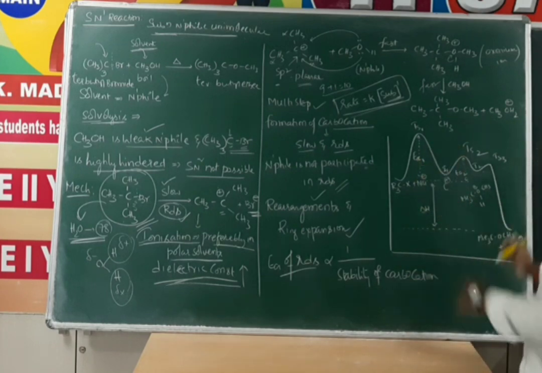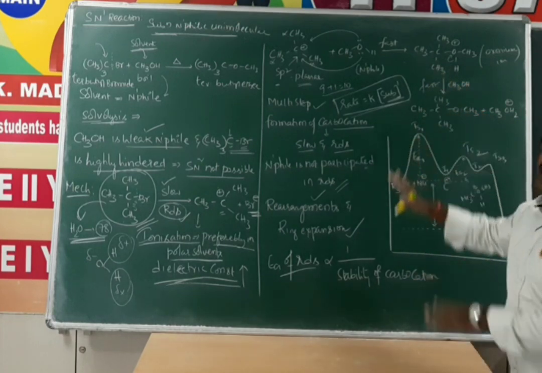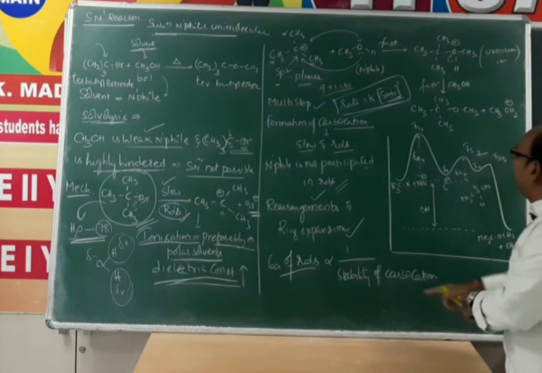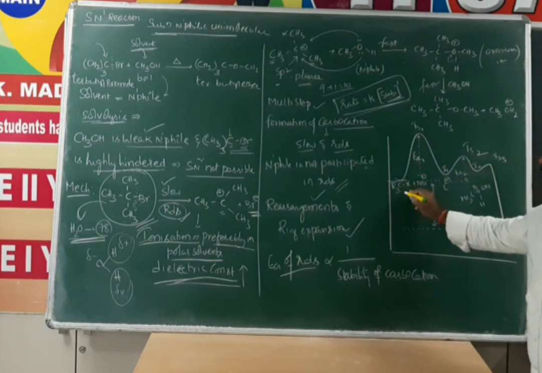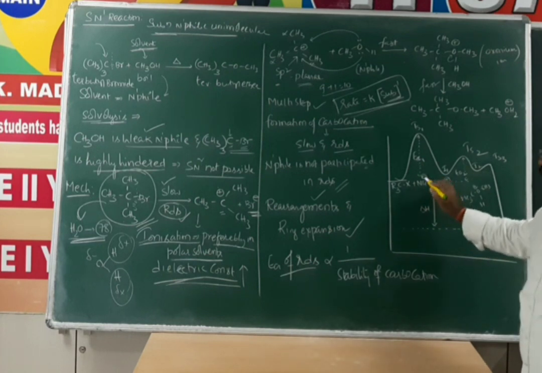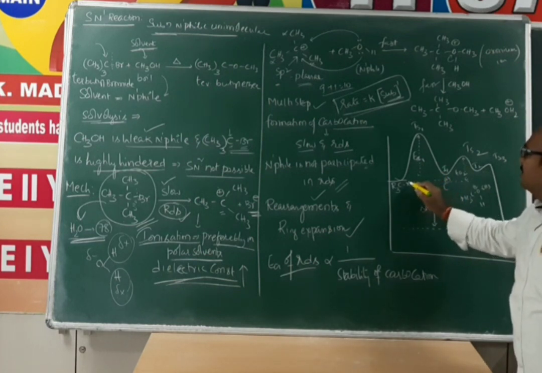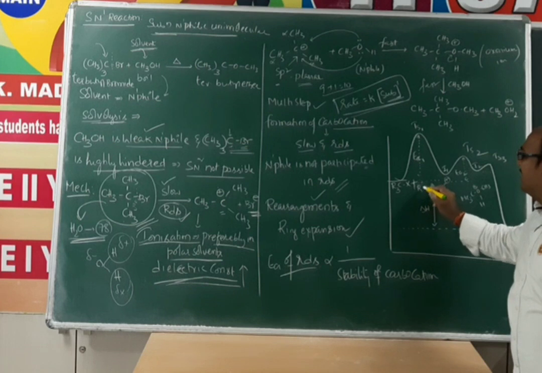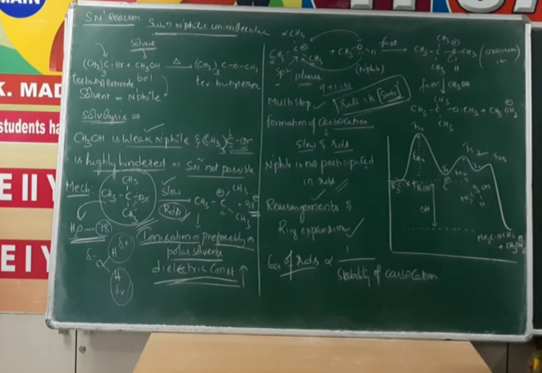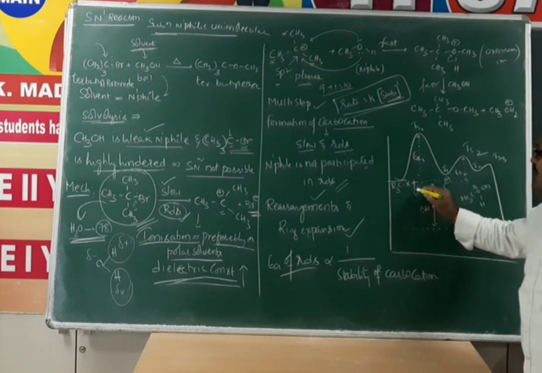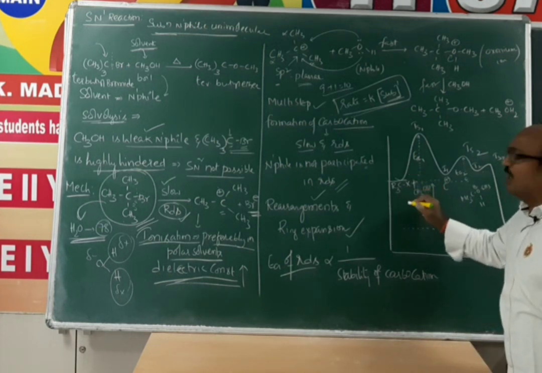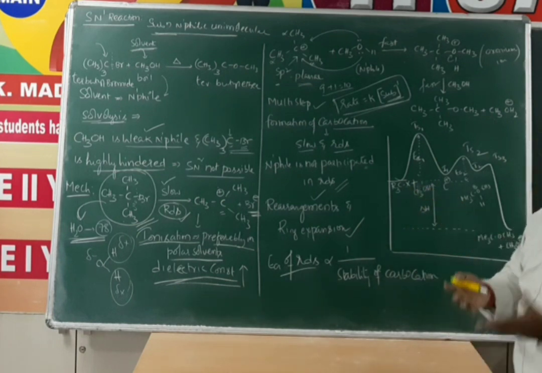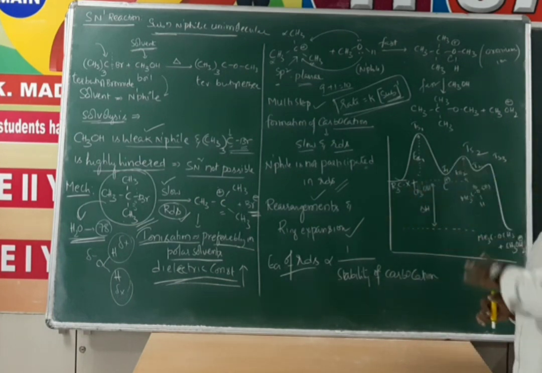Let us come to this graph. Whatever we have learned so far, this graph gives all the information. Initially these are the reactants, tertiary butyl halide and a nucleophile. Here the nucleophile may be the solvent, which I am going to mention as R-OH or CH3OH solvent. Now the first step, formation of the carbocation, means solvolysis, breaking of the bond. Ultimately you get two ions, one a cation and another an anion.